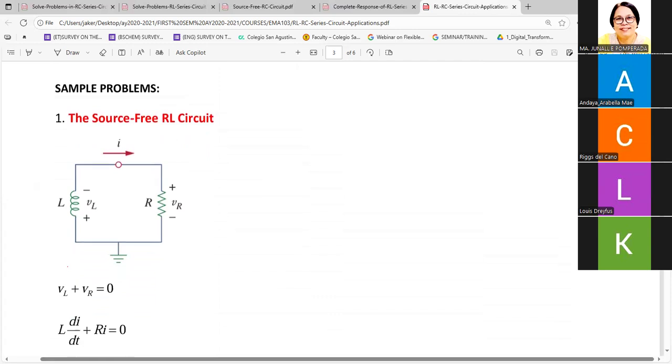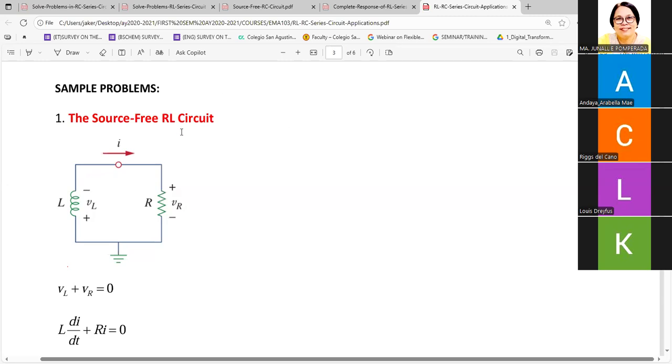So here in sample problem number 1, the solution is already placed in here. That way it could be discussed at a rate that is enough for the remaining 30 minutes of the class. This particular module was made during the pandemic, so I made sure that whatever is prepared already has the solution. That way, there will be enough time to cover everything.